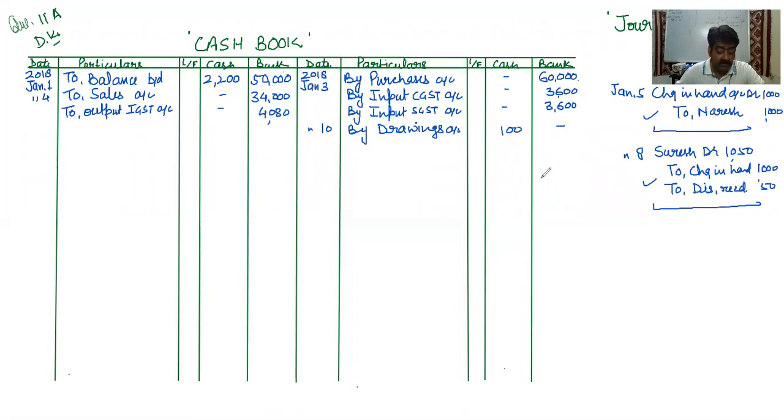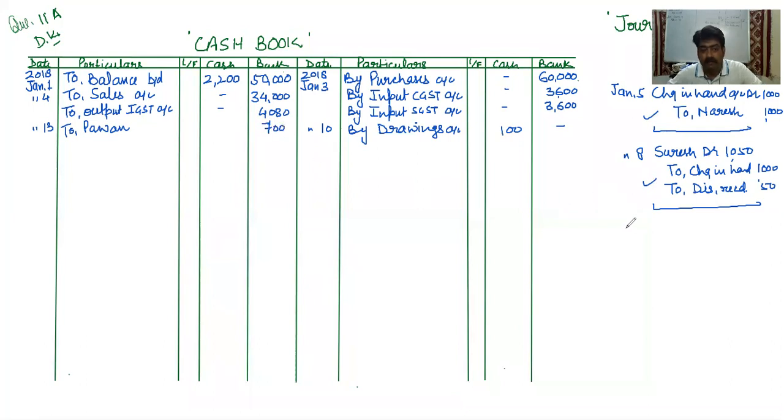Next is January 13, received a check from Pawan in full settlement of his account of rupees 750. And after this, on 16, it is written Pawan's check returned dishonored by bank. So that means check received from Pawan is immediately deposited into bank. So in this case, on January 13, our journal entry will be bank account debit, discount allowed debit to Pawan. So out of this, bank account debit to Pawan will come in cash book, and amount will come in bank column,